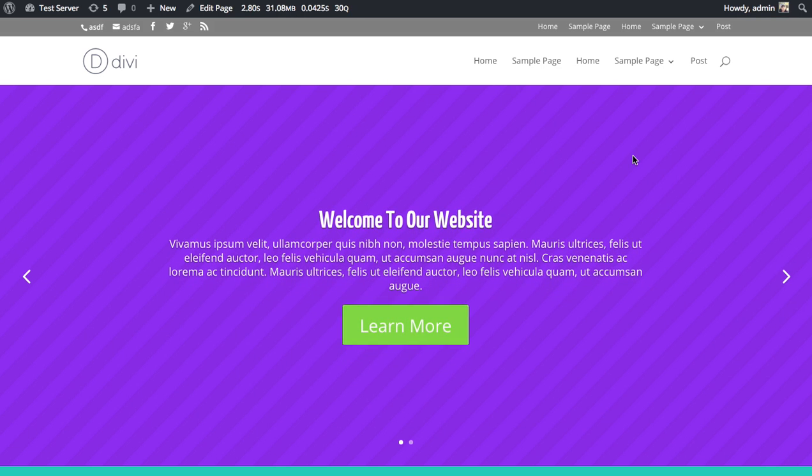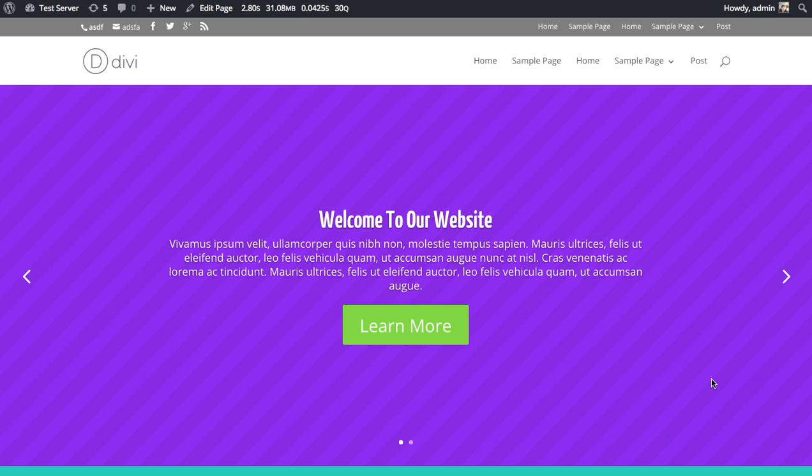Okay, the page is loaded up. And as you can see, here's the slider that I customized. I created a different looking header, added a different font, made the text a little bit smaller, made the button bigger, made it green. And so I'm happy with this look. This is the look I'd like to use on all my pages. But like I said,